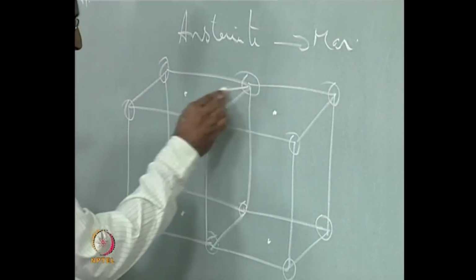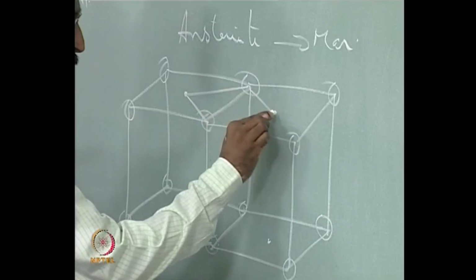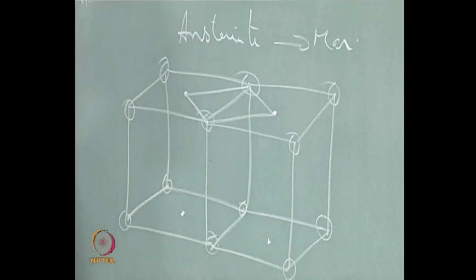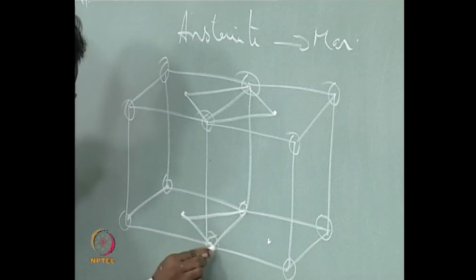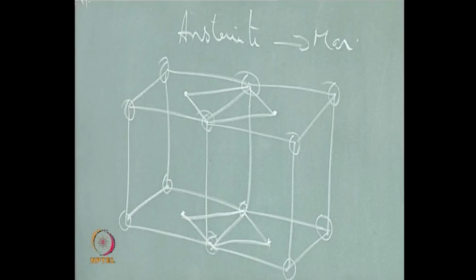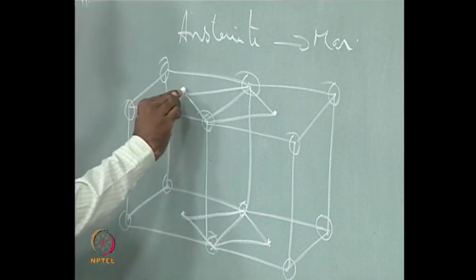If I join these lattice points, two of them, and if I also join this lattice point with the corner atoms or corner lattice points and join this,